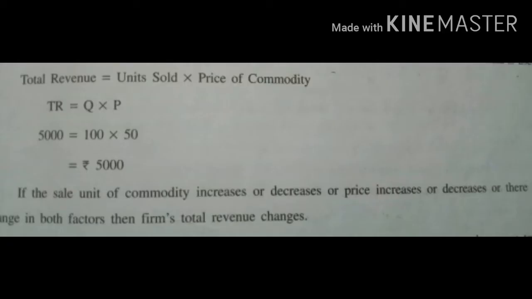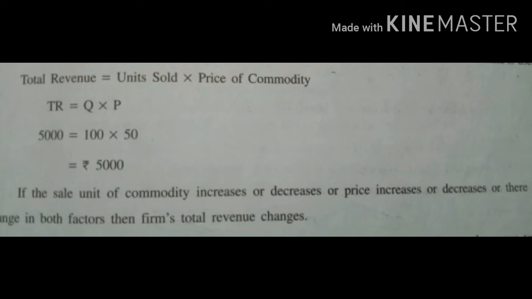Total revenue, TR. Money received by a firm on selling the units it produces is known as revenue. The total income received by a firm from sale is called total revenue. Thus, income is known as total revenue or sales revenue. A firm's total income is based on two things: price per unit and total sale.